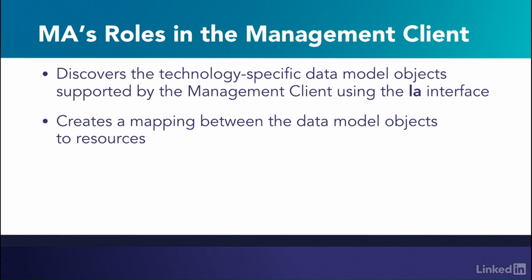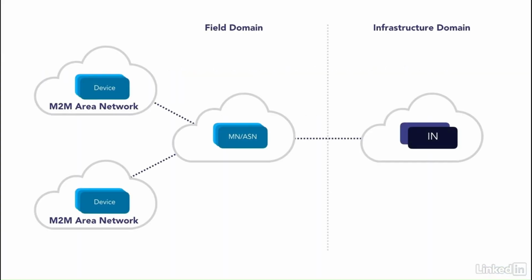With the device management architecture we've talked about, let's see how the management of an M2M device is done. We still follow the way of the oneM2M system deployment, where the system is deployed into the infrastructure domain and the field domain. The field domain contains the oneM2M nodes, such as middle nodes or application service nodes, that can connect to M2M devices in the M2M area networks. In order to manage